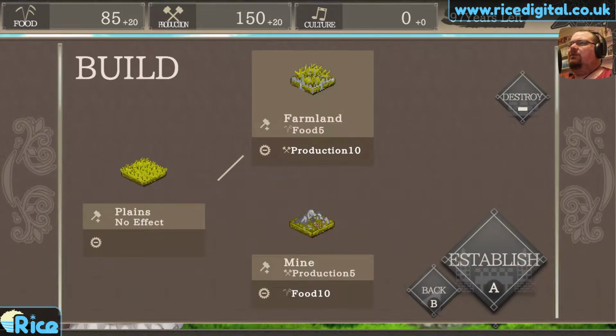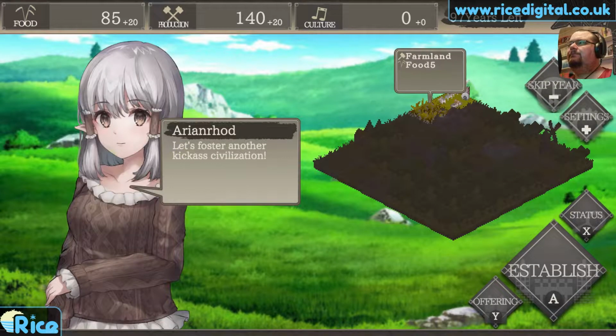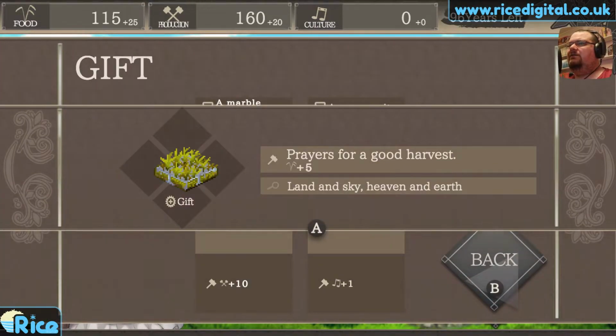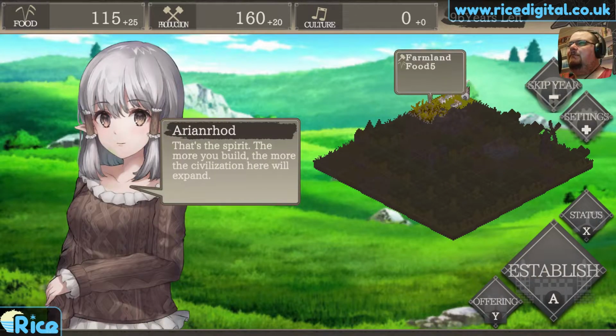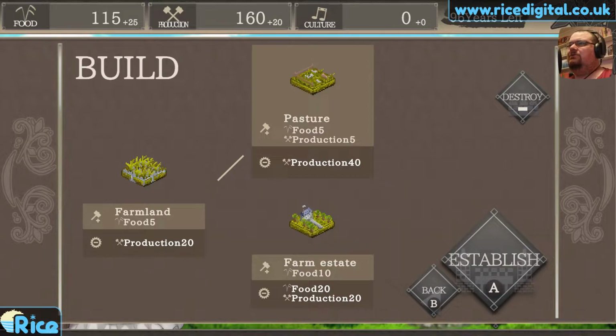Right, so let's turn our plains into farmland. And receive an offering for our farmland. A little bit of extra food. While we're on, let's then turn that into...